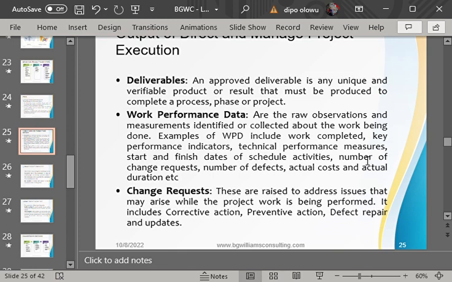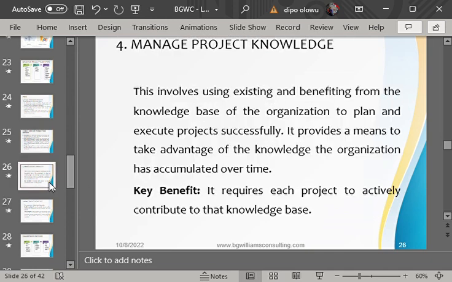Maybe, for instance, in the plan, you're supposed to complete 3 tasks, and the supervisor came to you as a project manager and said, Kennedy, the work we're able to complete today is just these 2. We're sorry we did not start the other one on time. We will complete it tomorrow. So work performance data is the raw information that you have gotten from the project, which sometimes may be the same as the plan, but sometimes it can be different from the plan.